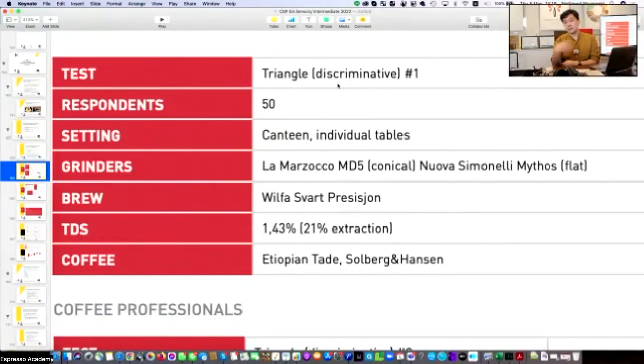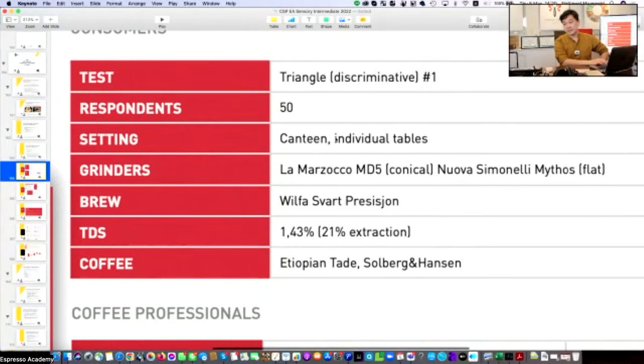So what the SCA has to do is to test whether that is true. They don't prove it; they try to see if they can reject or fail to reject that hypothesis. So they do a triangulation based on one coffee from different grinders. That one coffee from different grinders, what they find is, okay,